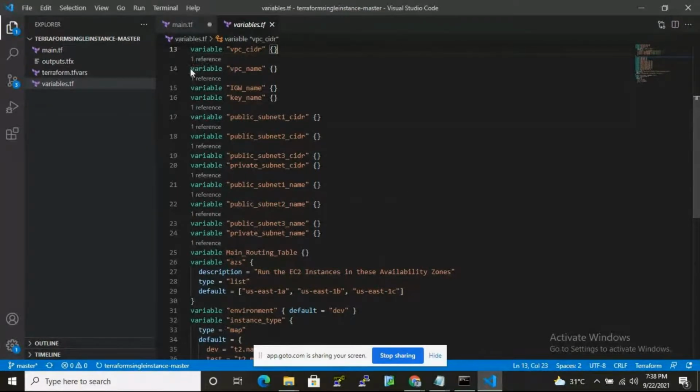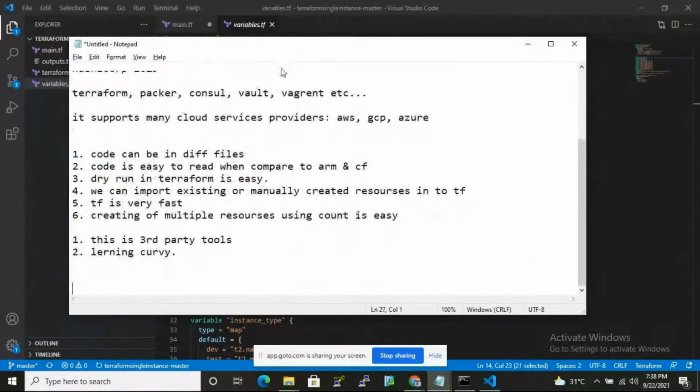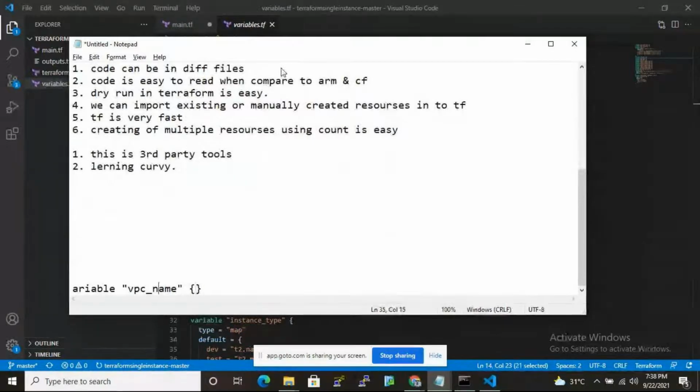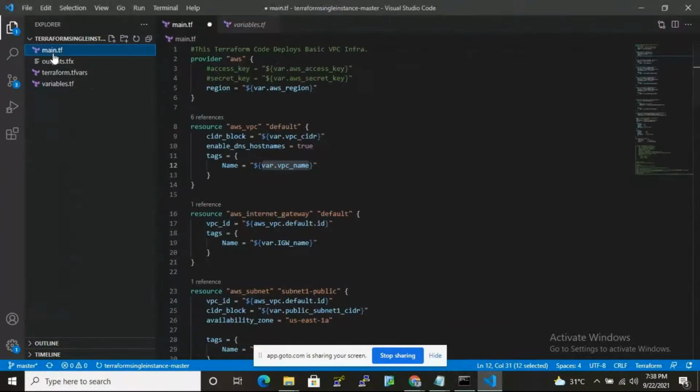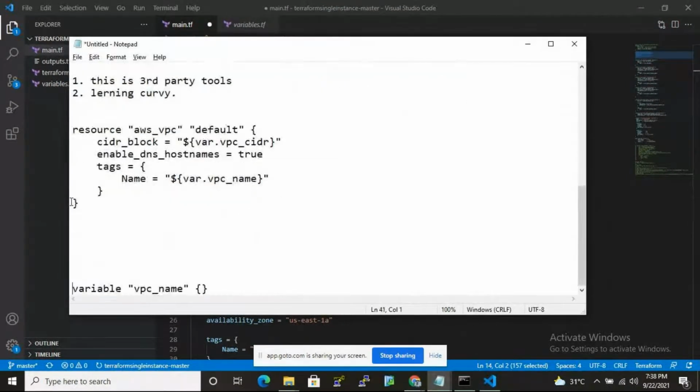So now I copy this, Control C, and take a notepad. So this is the name. This name is in the variables.tf file. Again back, now I copy this resource for VPC creation. So tag is equal to, Name is the key, and this is the value. This value is in the variable file. Our variable name is vpc_name. So vpc_name అంటే ఇక్కడ మనకి